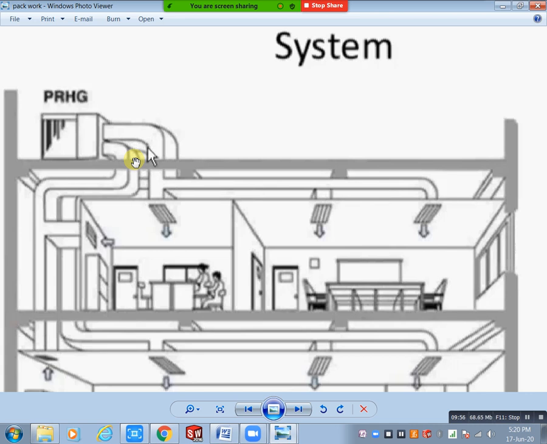Here we will give the fresh air duct opening. At the same time here we will give the return air duct. Directly you will give the opening to the return air duct here, then you will get exhaust, and here you will get fresh air duct. That is an easy process. Okay. This is actually how it works.